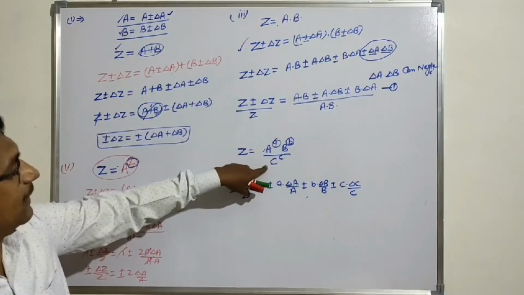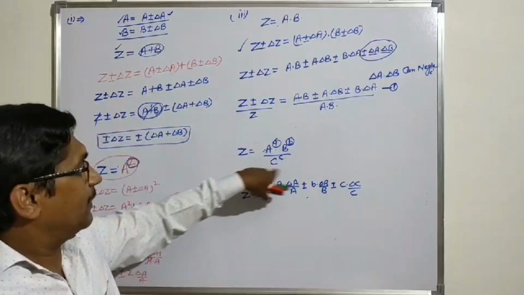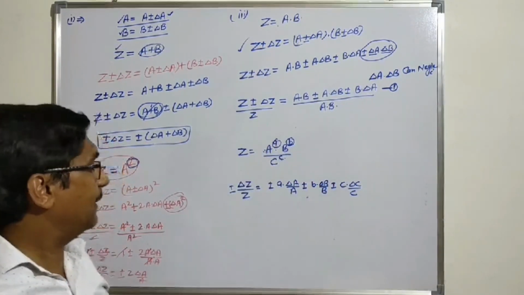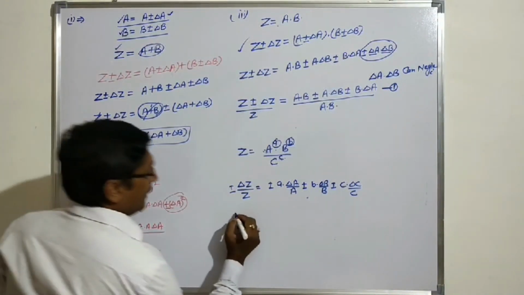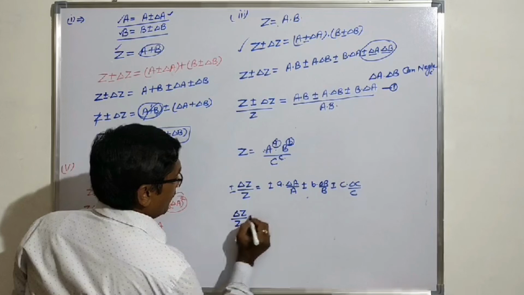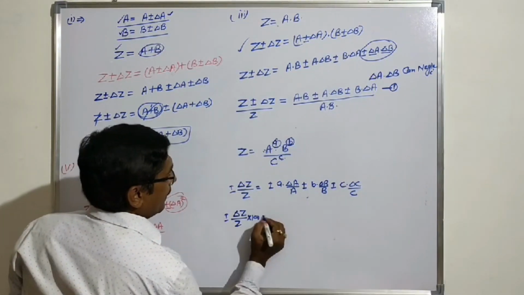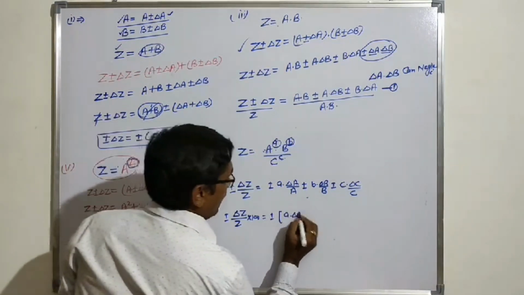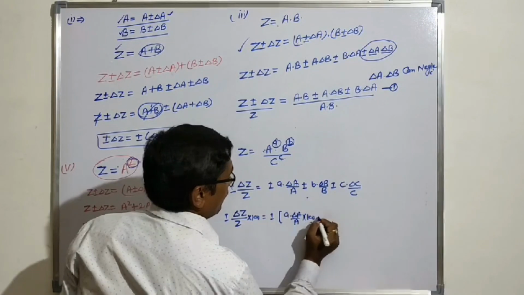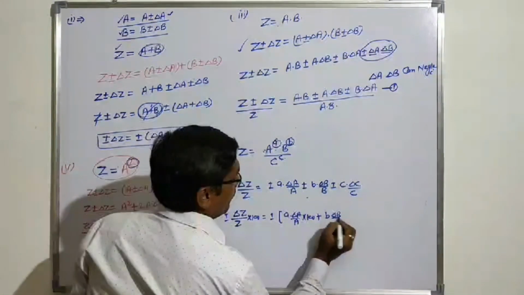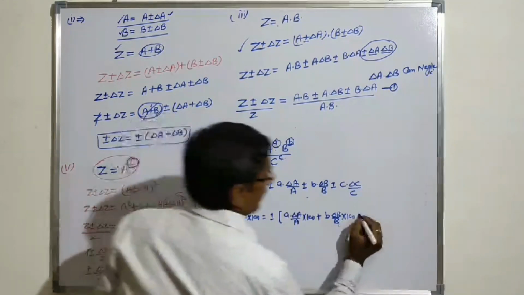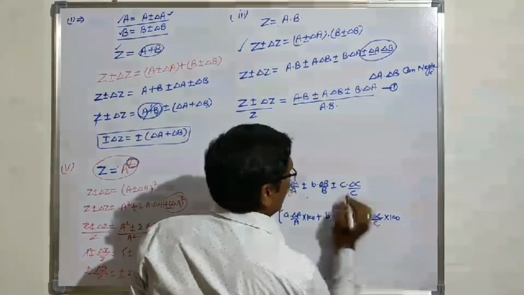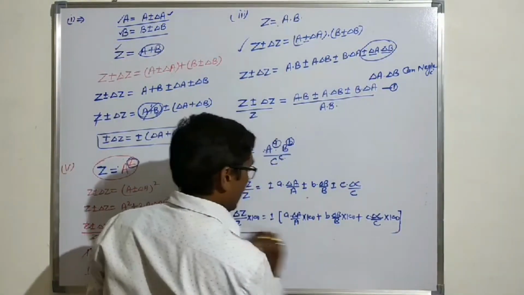In the previous case, in the division formula, this term is moving in the upward direction. That's why it's converted into this format. And we have to take percentage error multiplied by 100 is equal to plus or minus a del a upon a into 100, plus b del b upon b into 100, plus c del c upon c into 100. This is small c.